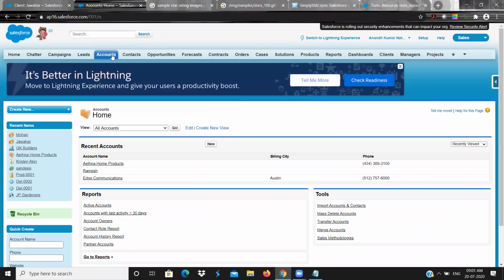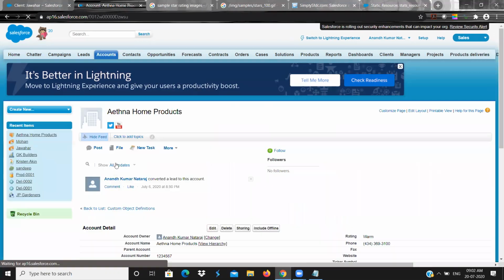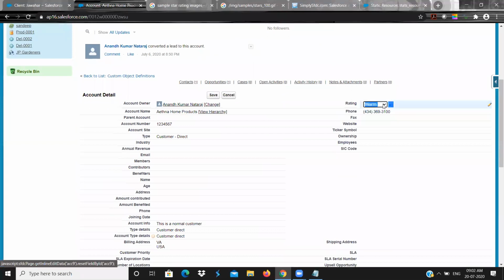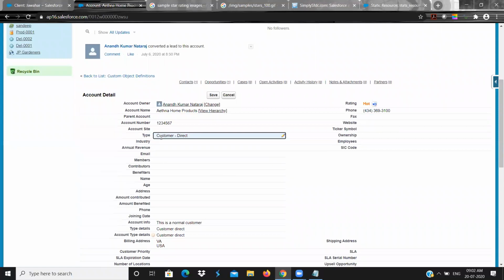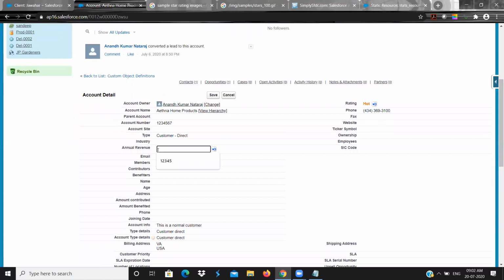No, Sridharan. Okay, fine. Now, if I wanted to check whether the rating is hot and type equal to customer direct, then I wanted to display annual revenue. Some values should be given.